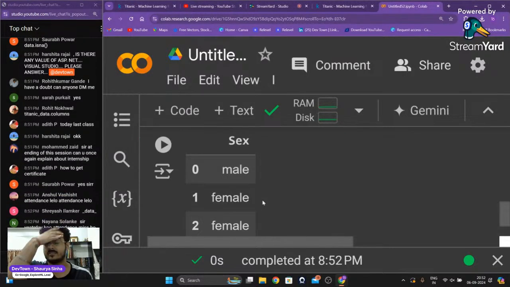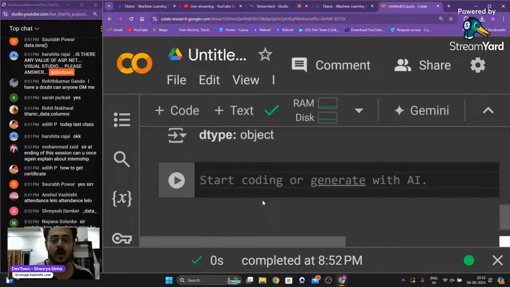Whenever you are working with a machine learning model, it is best you provide such data in the format of numbers and not as something else. So we want to convert this from text, that is male and female, into numbers. For example, male can be represented by 1, female can be represented by 0. So for that, you have pandas as an inbuilt object right over there,